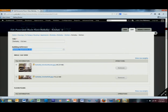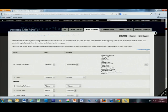So we uploaded them, and where the configuration takes place is actually in the display of the image field here. So this is the image 360 view. In the format, instead of image, I chose jQuery Reel, which shows up only, oops, I don't want to change that now. No, please. I don't want my site to go down. So that only shows up if the jQuery Reel module is enabled, which is just about clicking on the checkbox. And then over here, the gear shows up, and you go in here,